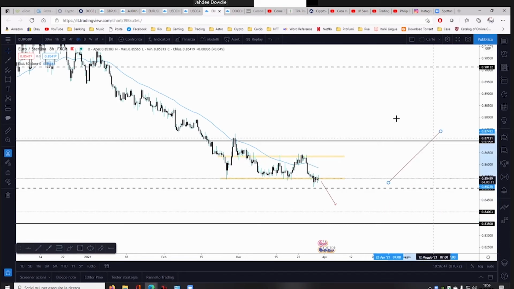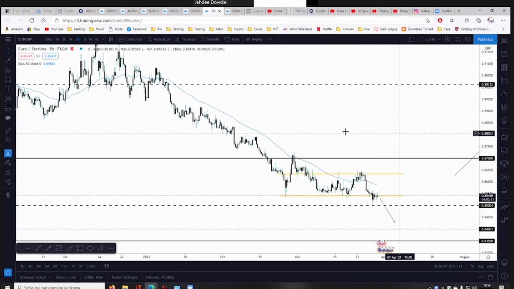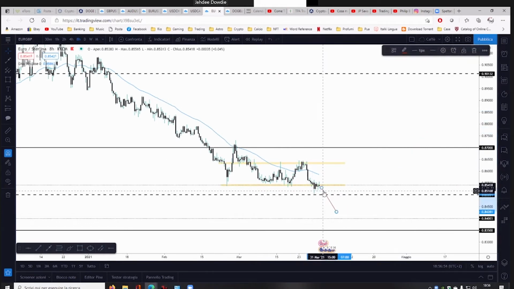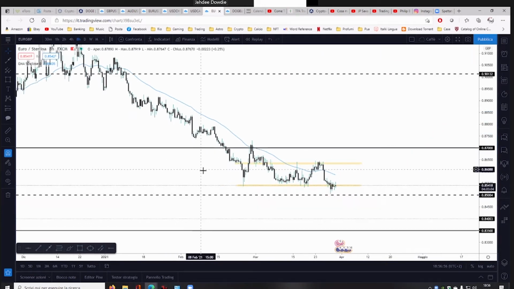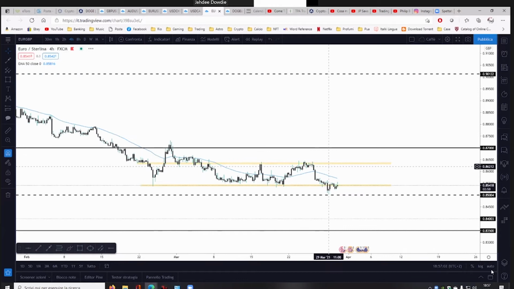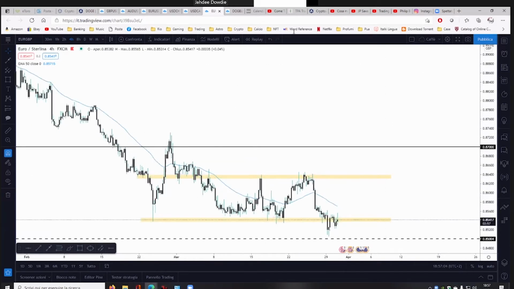I see the potential for this, but right now I would say this kind of looks like it's going to go to the upside. Can I just grab control of your screen really quickly? So what I really like to see on this, if we just look at the weekly really quickly,